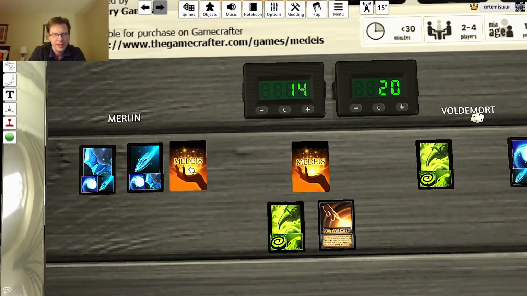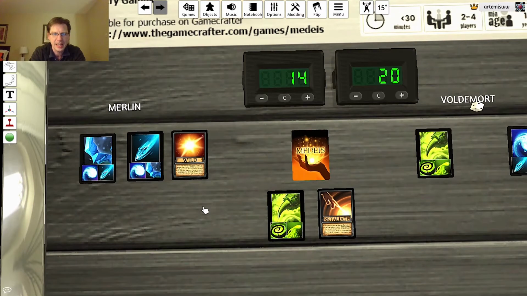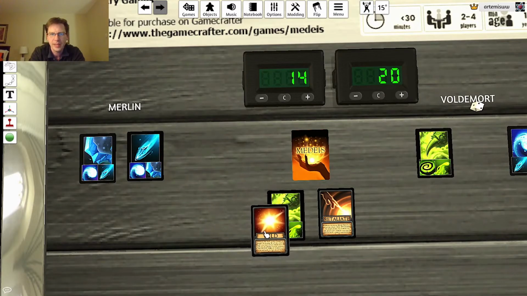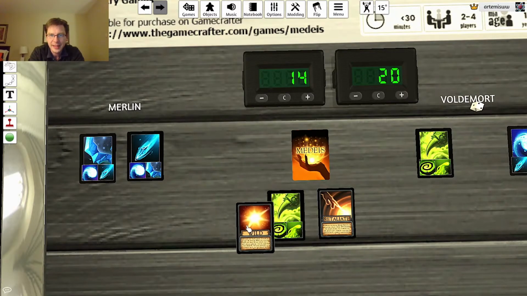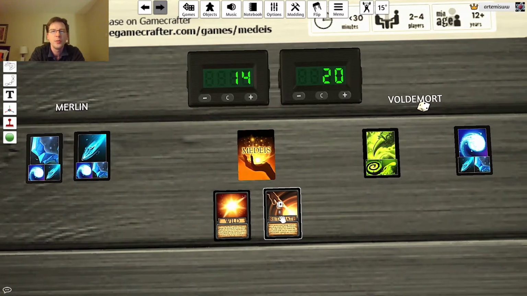Merlin draws a card, trying to find the energy to stop the attack that he already sent back. And he drew a wild card, so this continues any spell combo. So now there's a 3 as a spell combo. By playing, it counts as 1 damage. Technically, this is the last spell played, so it's a nature spell without an image, which means when we go